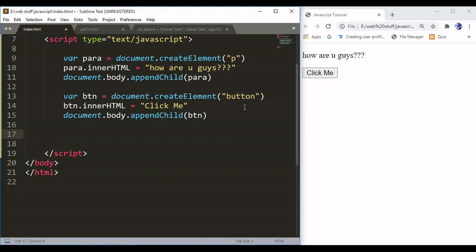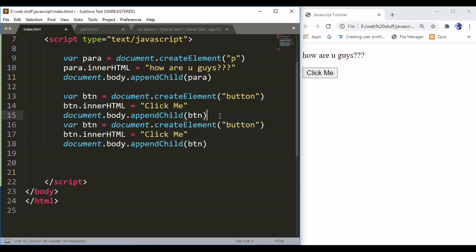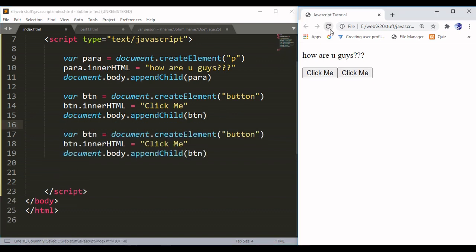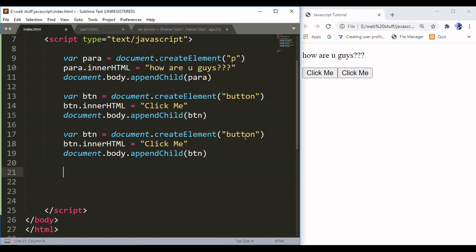Now how can you delete an element? Okay, so let's assume that we have two buttons here in our web page. The first button has index 0 and the other button has index 1 and so on. Now if you want to delete the second button, which has the index of 1, you can do so by this syntax: